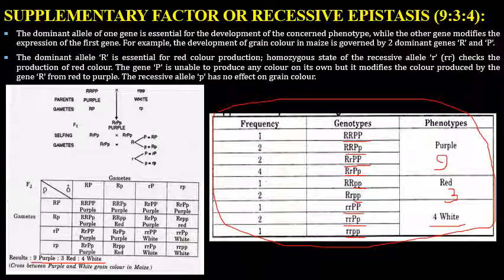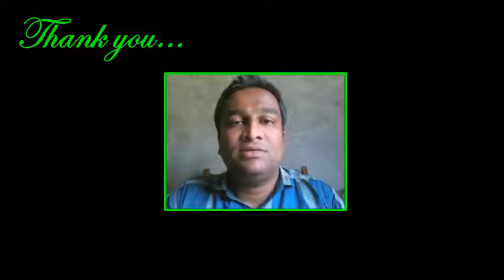So here we can see that whenever the capital R gene is present, the supplementary gene is P. So this is all about non-allelic gene interaction. With this we have completed the topic Mendelism, or Mendelian genetics. Kindly refer to the extra reading material which I have provided in the notes.